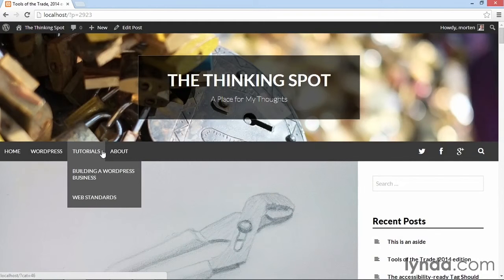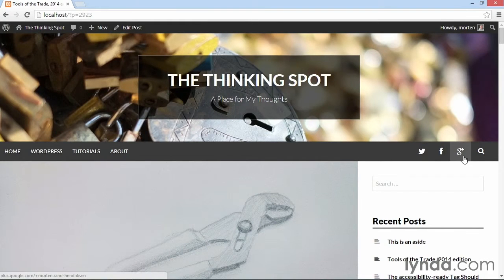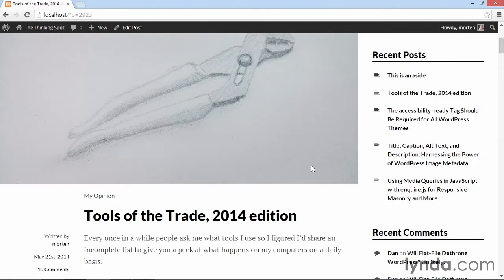So far in this course, I've shown you 3 of the hidden features within the Simone theme. The first one was this custom social media menu that you can add simply by creating a new social media menu pointing to social media networks. The second one was the pull quotes feature, which allows you to shift block quotes either to the left or to the right to make them pull out of the main content. And the third one was the attachment page feature, which allows you to provide more information about images and other